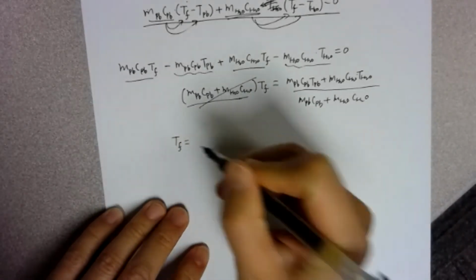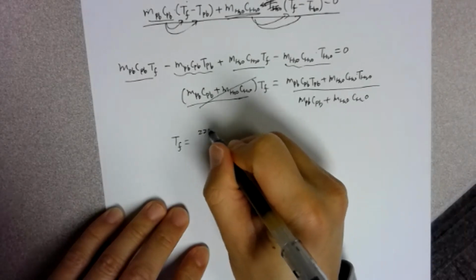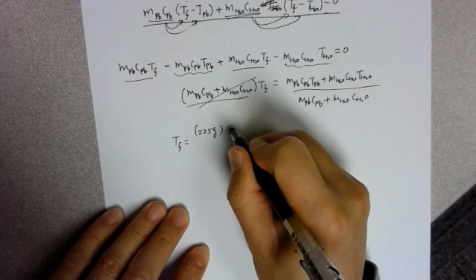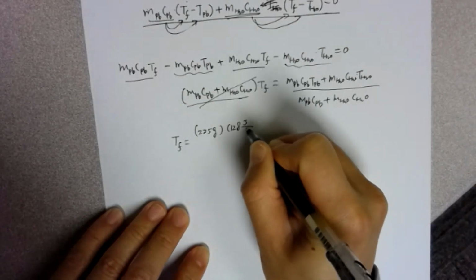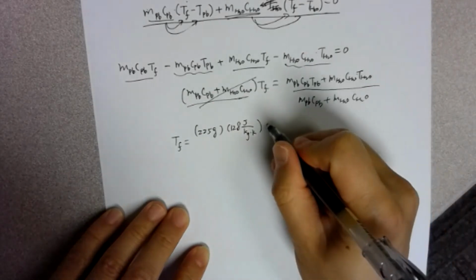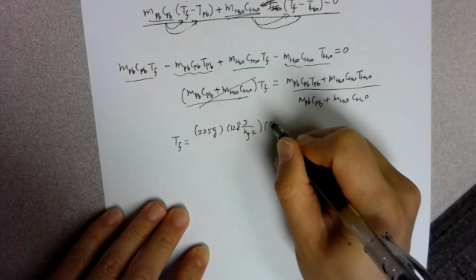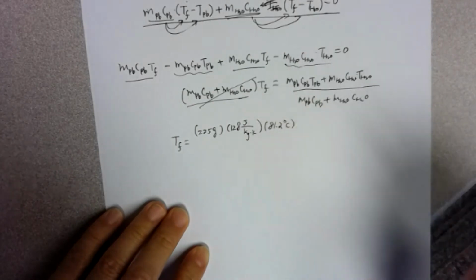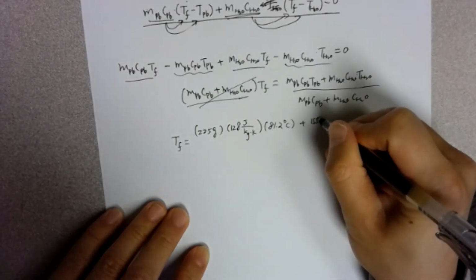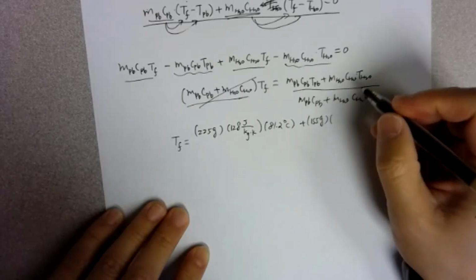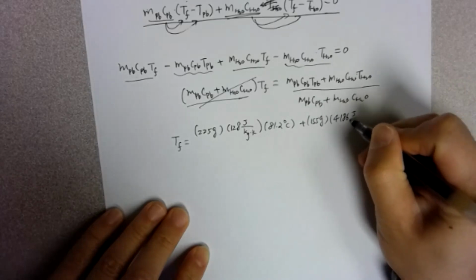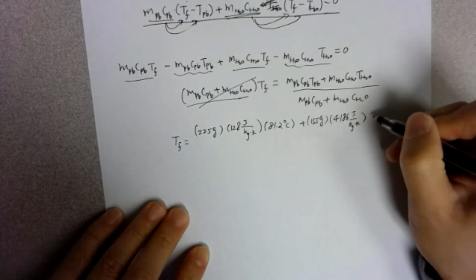TF equals, MPb will be 225 grams, and CPb is 128 joules per kg times K, times TPb, 81.2 degrees Celsius, plus the 155 grams times CH2O, 4186 joules per kg times Kelvin, and